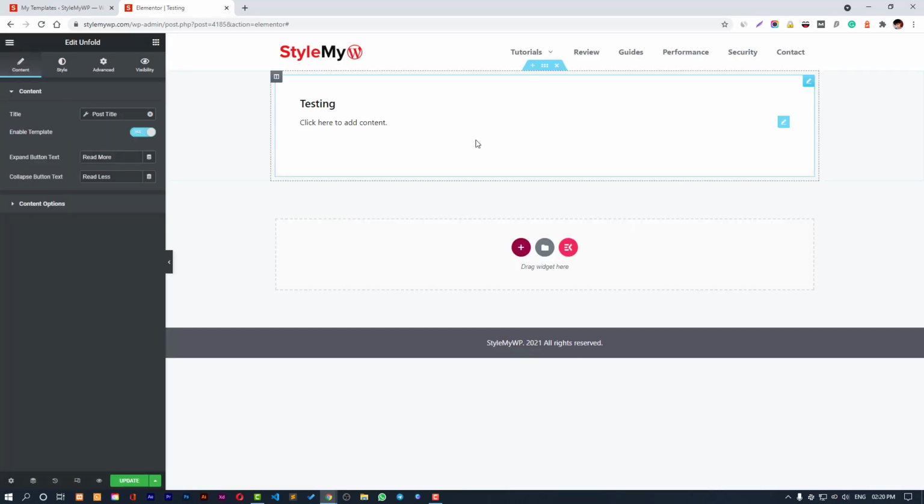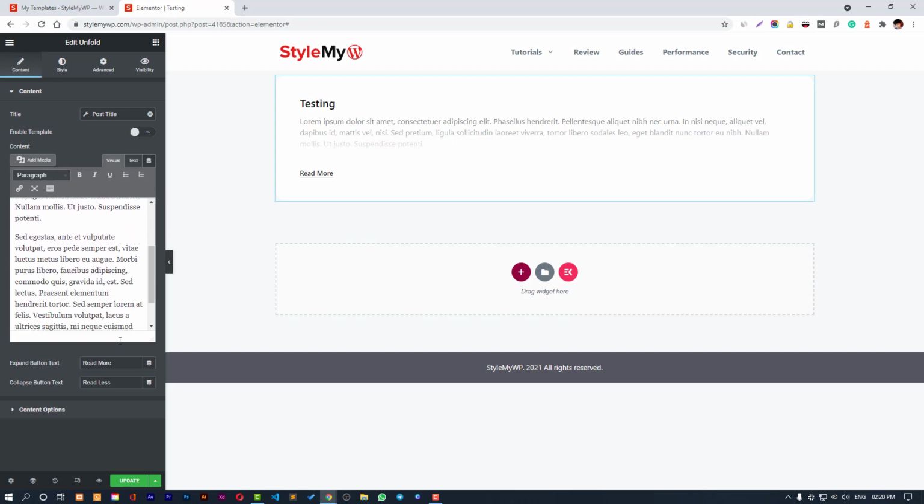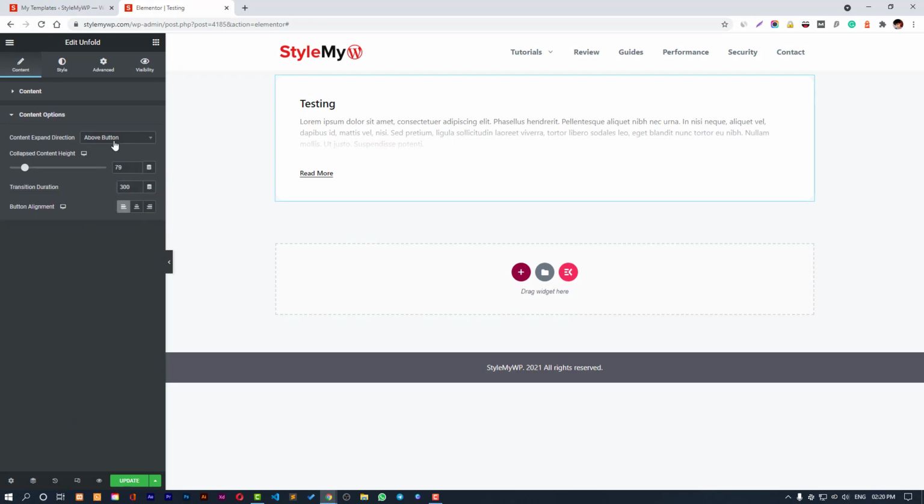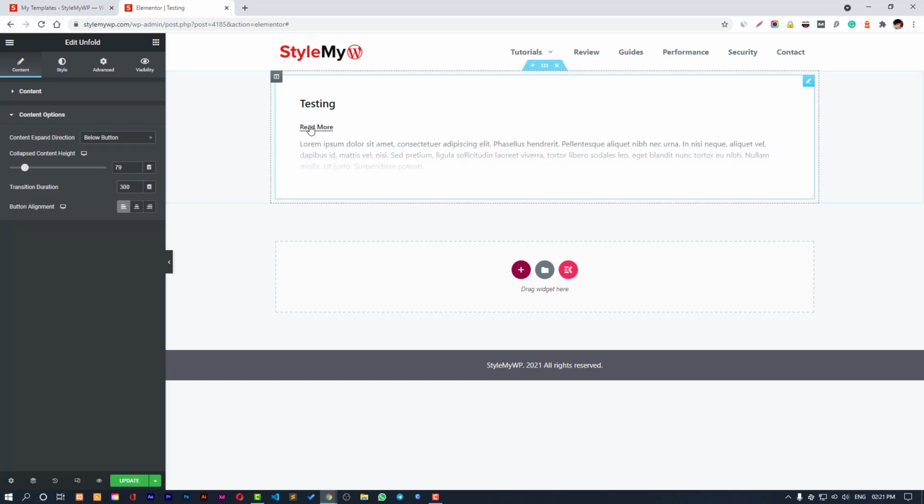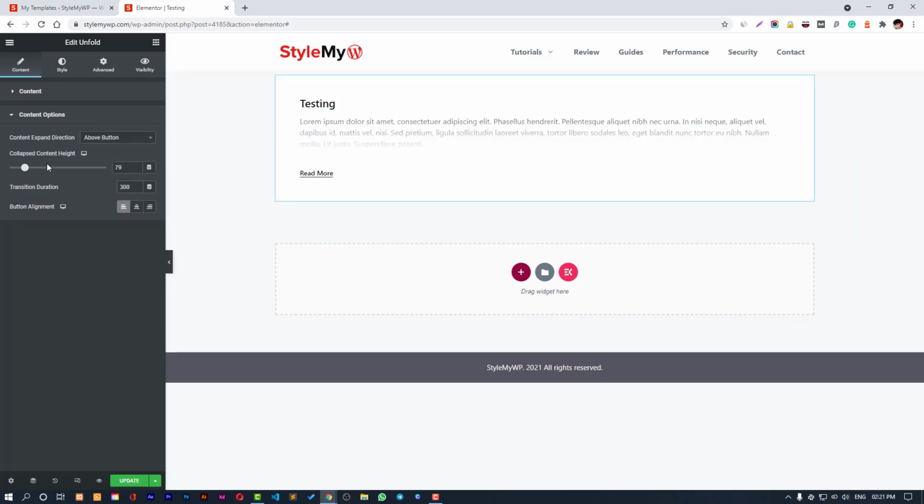So this thing goes with most of your plugins like Metform, you can create a template, form builder on the top of the page, and in ElementsKit too you can do this. So that's a perfect thing. And here are some content options. You can keep it below or above the content. Perfect, like this. And so above the button looks good.